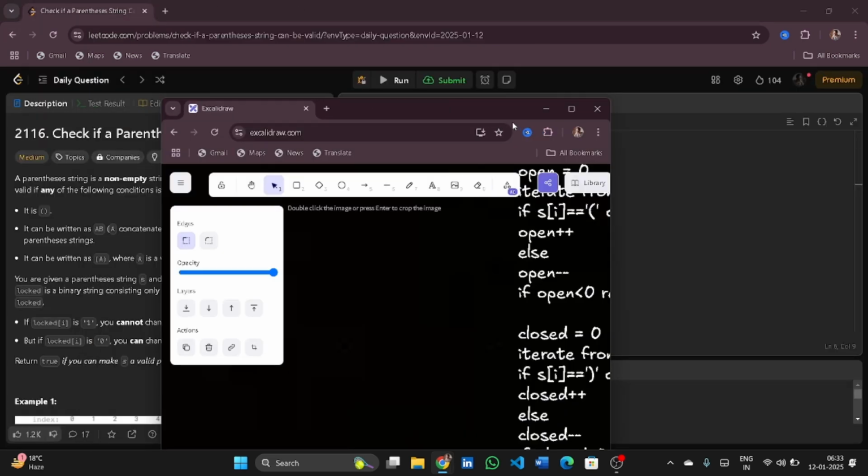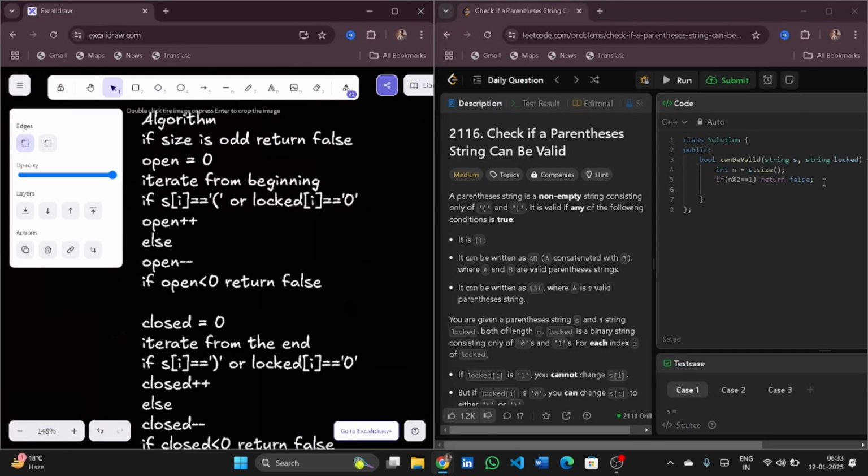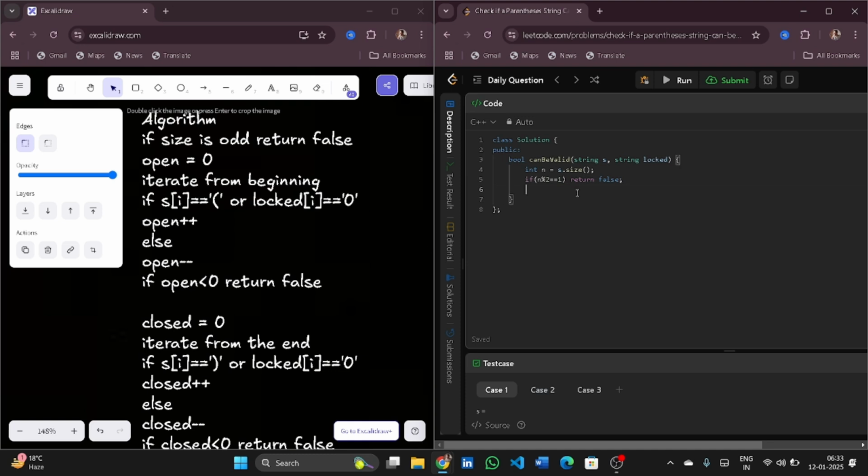Now int open is equal to 0, and iterate from the beginning. For int i is equal to 0, i is less than n, i plus plus. If s of i is equal to open parenthesis or lock of i is equal to 0, then you can change it, right? Open will be increased,